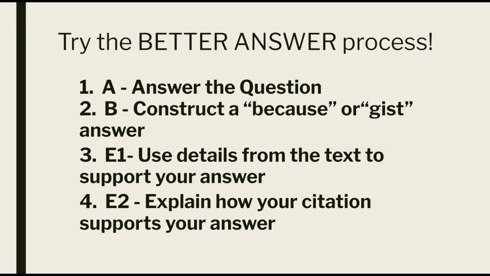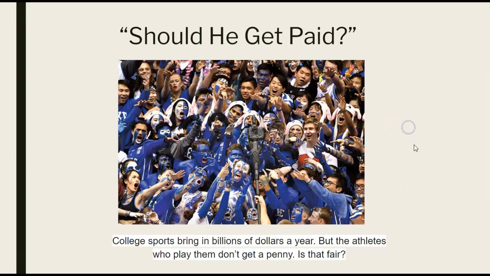So if we put it all together, we've got answer, because, E1, which is evidence, E2, explain, and then we know, because we've talked about it all year long, that you're actually going to repeat the E1 and the E2 again. So after your first E1 and E2, you're going to give me an internal transition, and then your second E1 and E2. We are going to look at an example of this, and this passage should look very familiar to you